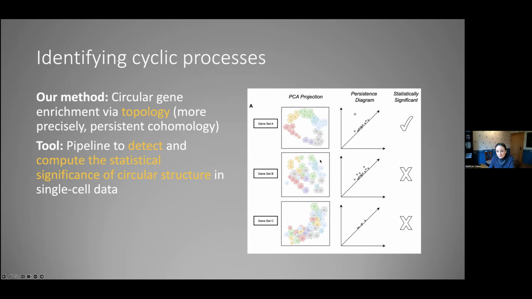And then using the tool of persistent cohomology, one comes up with a sort of topological signature for this data. We call it a persistence diagram. And I'll explain something about where these diagrams come from. But the point is that there could be a signal of interesting circular structure that one can find in these persistence diagrams, here highlighted with one of these red circles. And you can say, okay, there's a hint that there's interesting circular structure there. Can we measure its significance? And then I'll explain to you a statistical test one can use to determine whether or not the signal that one reads from the persistence diagram actually is picking up some meaningful circular structure. And so we can measure the statistical significance.